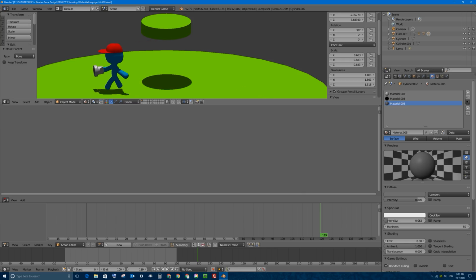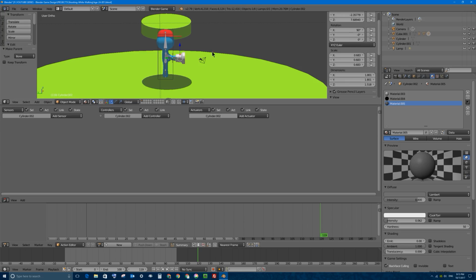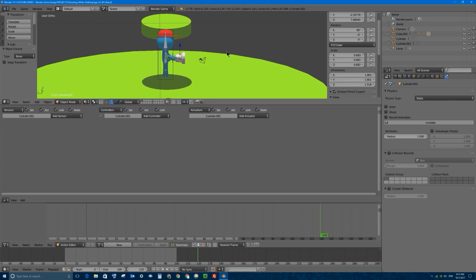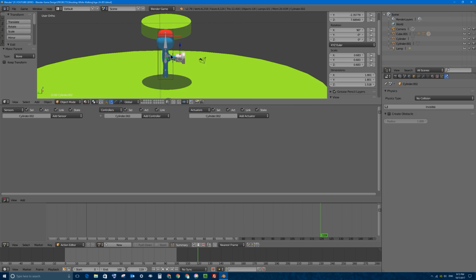while walking. Now you notice that maybe my character can't move as nicely as before, and that's because this gun is not an object that's going to play nice. Because it's a static object, it will hit other objects, it'll hit maybe the collision bounds of the island, or it'll even hit the character. So I'm going to turn it into a ghost object and have no collision, so now it won't interfere with anything else. So I can play, I can walk, I can shoot while walking,